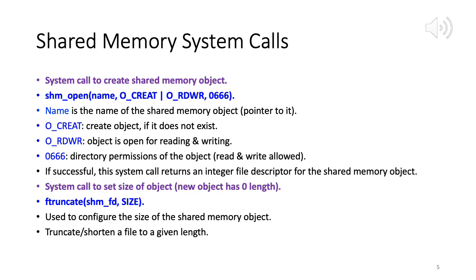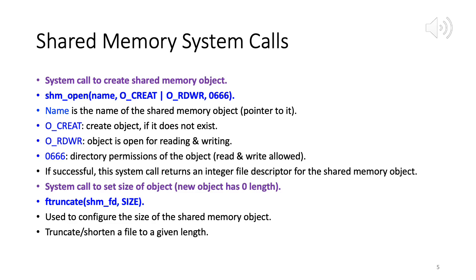Besides this, you can have a number of flags. So the other flag which we've chosen is O_CREAT, to create the shared memory object. Okay. And then we have 0666, so this is a code, and this code is for the directory permissions of the shared memory object. So read and write allowed, so the code is 0666. Okay. So these O_CREAT and O_RDWR are in the fcntl.h header file.